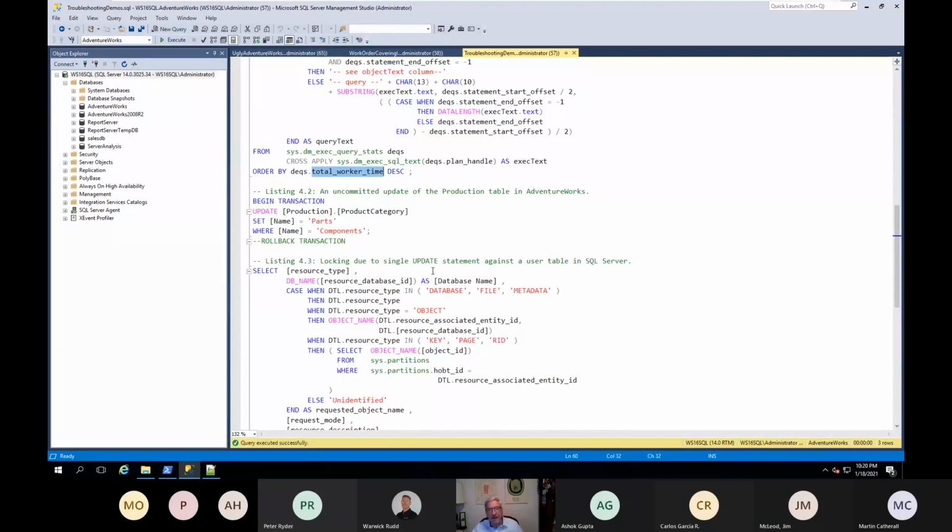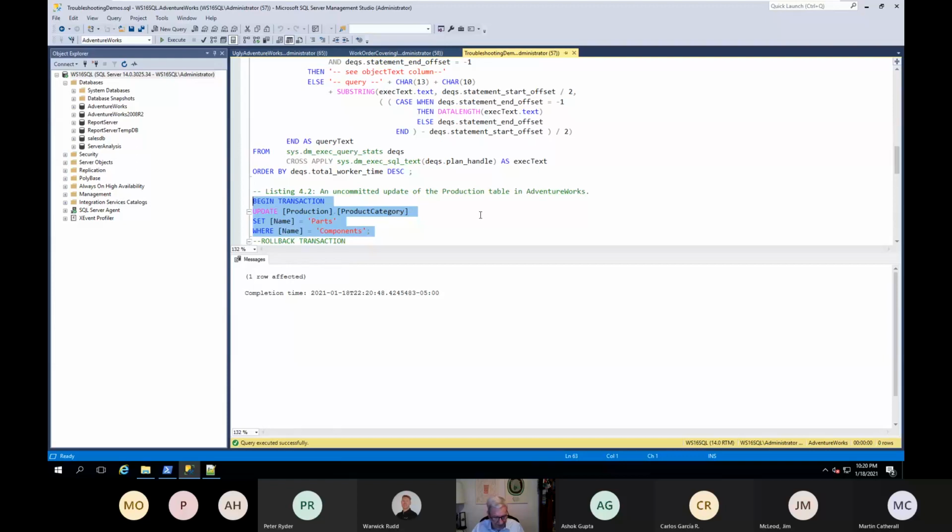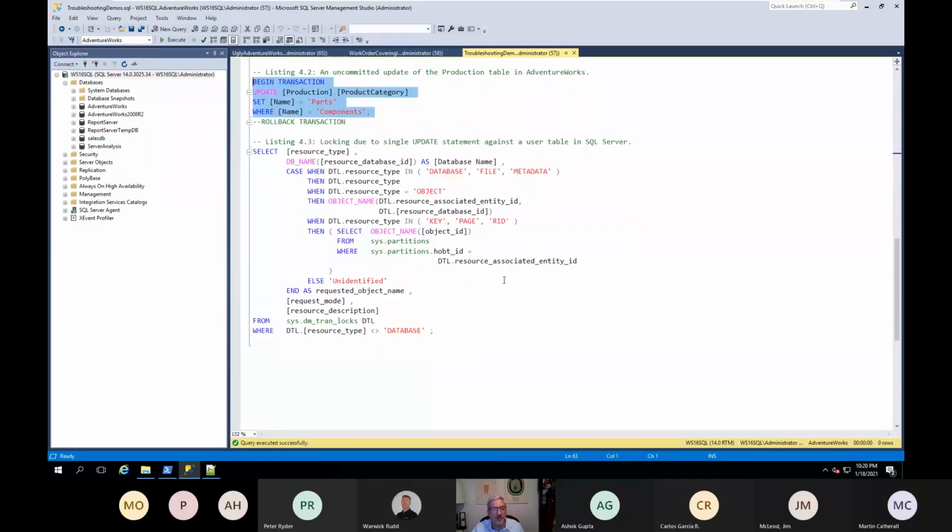In addition, you can isolate what locks are being held under certain circumstances. So I'm going to begin a transaction. I'm going to update this product category table and change the name of the category. But I'm going to leave that transaction open. So now I've got that open transaction.